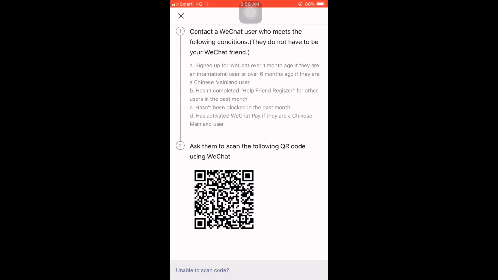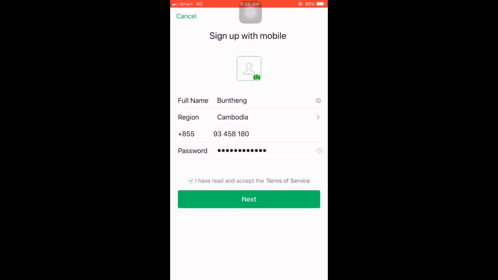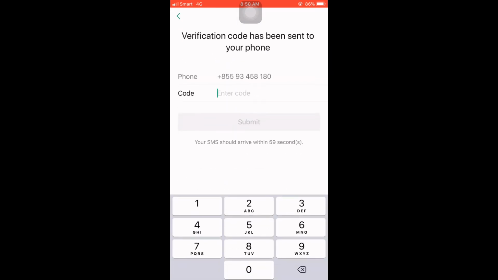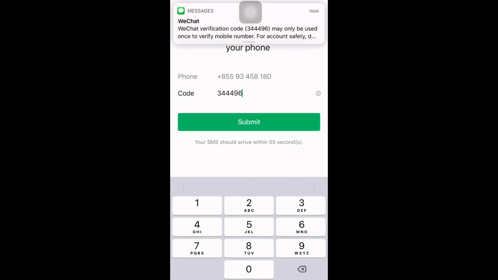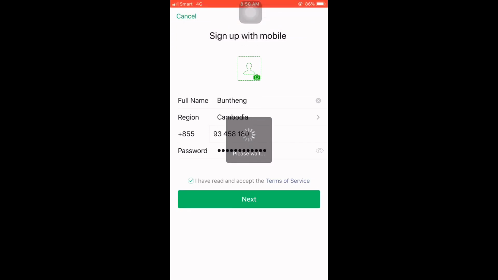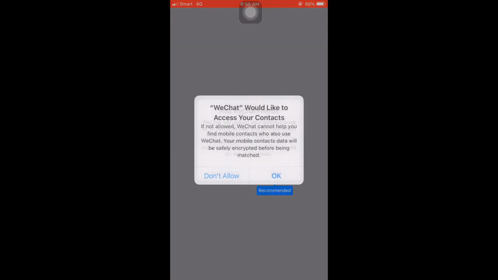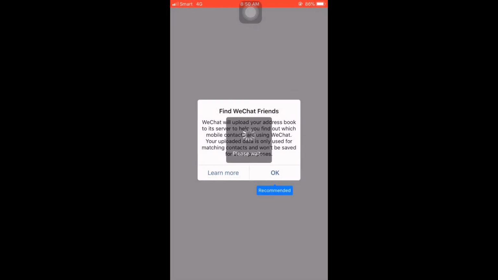Okay, I scanned already. Okay, successfully. Okay, back up and we need to enter this code. Okay, already submitted. Okay, now our WeChat has been created. Okay, now our WeChat is already created,